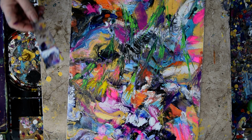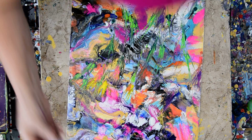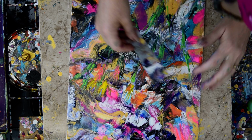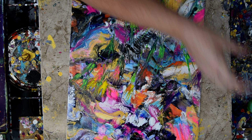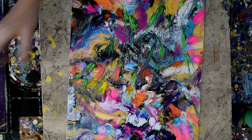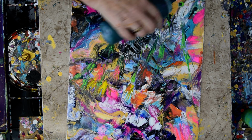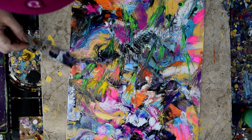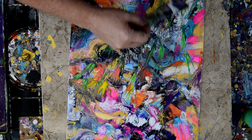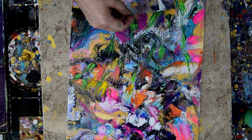So you probably wonder what that looks like. I don't know what kind of fantasy this is. Honest to God, I don't. But something's going on. A little more green, and we're going to call it good. I can see the canvas, but I think the paint is still thick enough at this point so that it will heal itself. I'm wondering if I can just pick up some of that